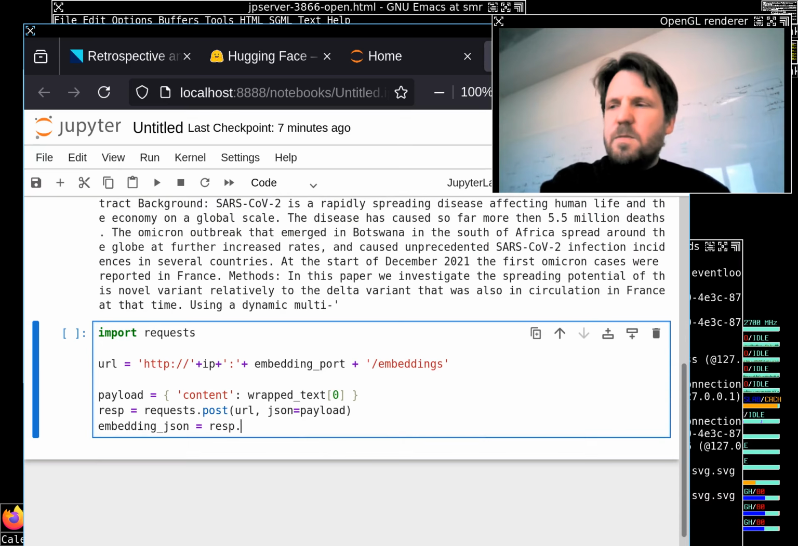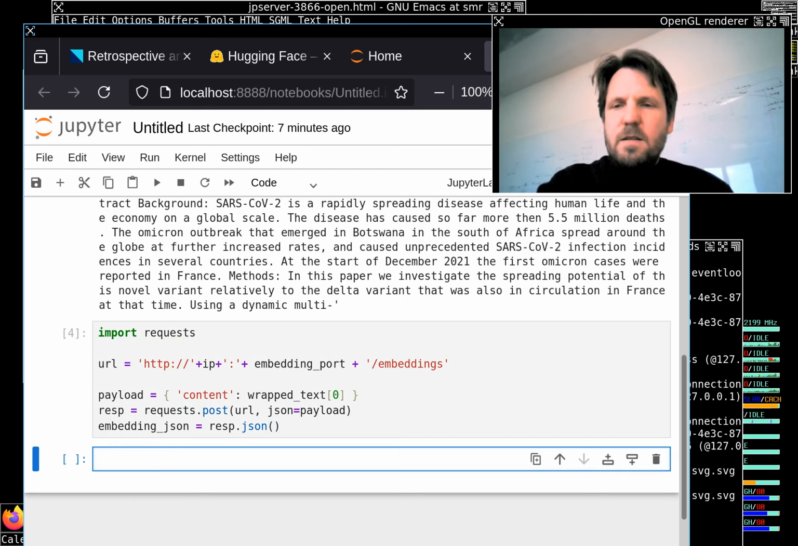This is basically the response again, the response that we get back formatted as a JSON and parsed into this embedding JSON here. So if I run this, hopefully we get an embedding. So this is run. If we look at this embedding JSON,